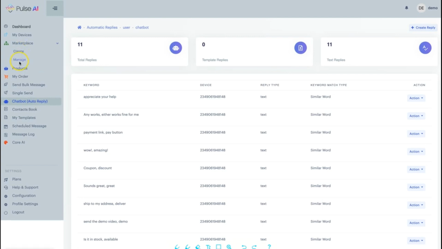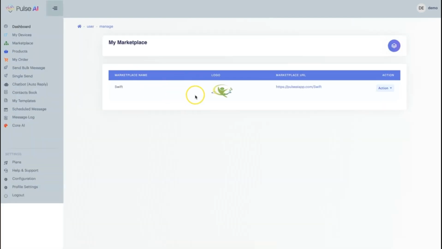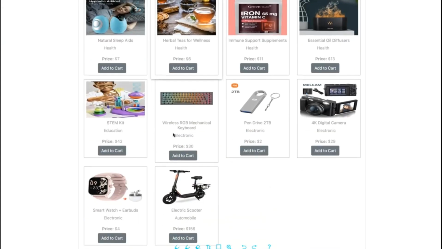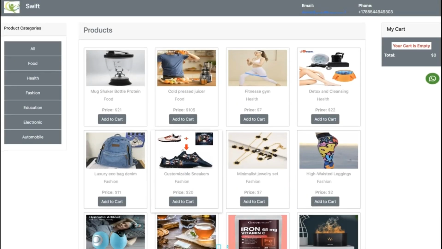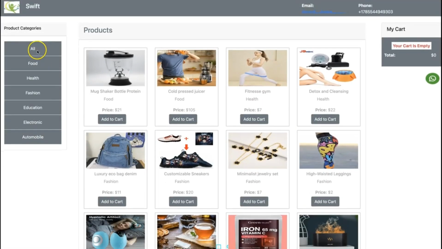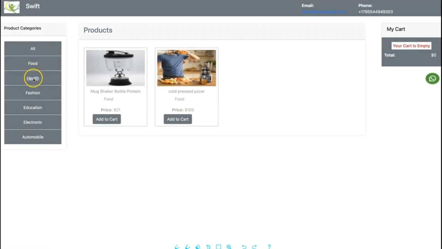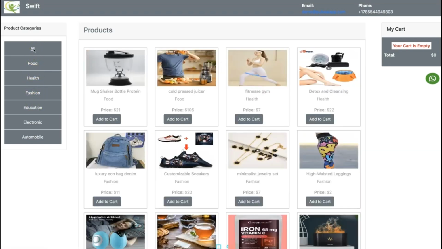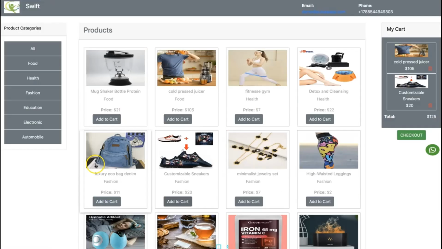You click here, click on manage to see the marketplace that you created, and then you can click on the link. Amazing. So this is our AI powered ChatGPT-4 marketplace, and you can see all the products that we added. So once a customer comes to your marketplace, they will see all your products, they will see the product categories like this, so they can select any categories that they want. So they can add products to cart like this,